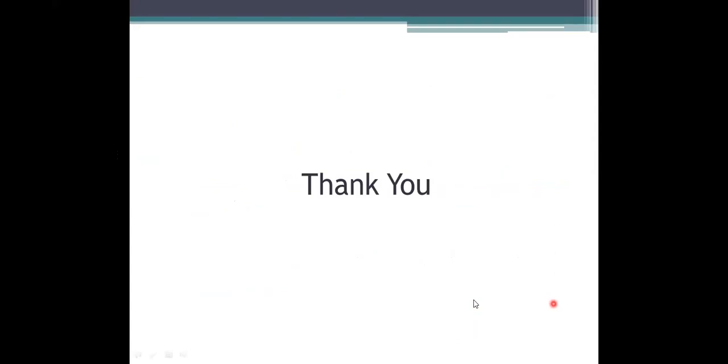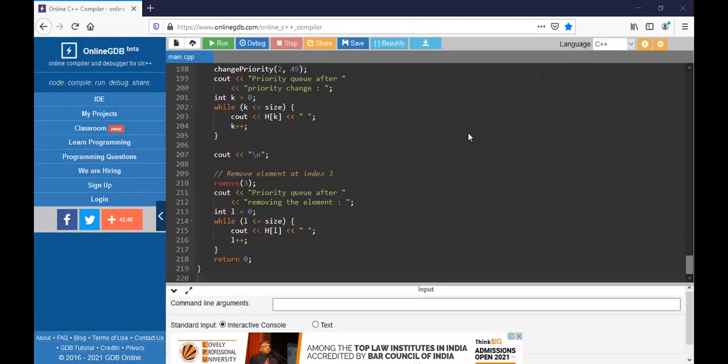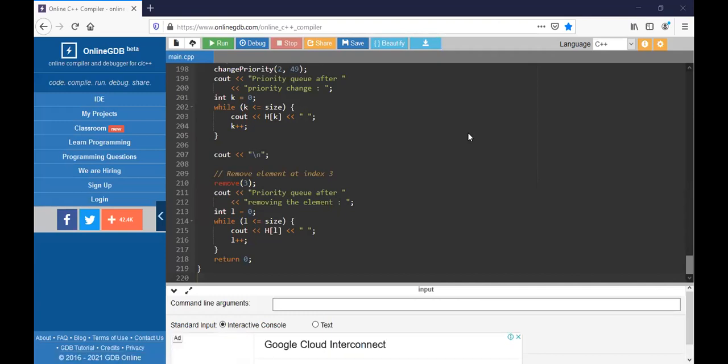And see, a program representation is there. Here in this representation, we are using a priority queue example. Let me run this program.